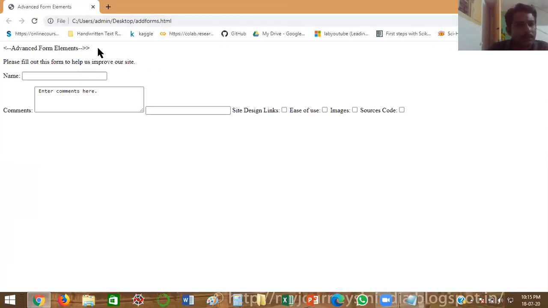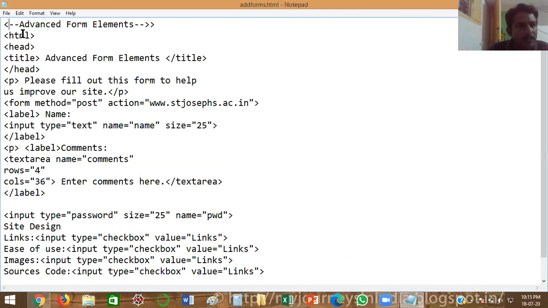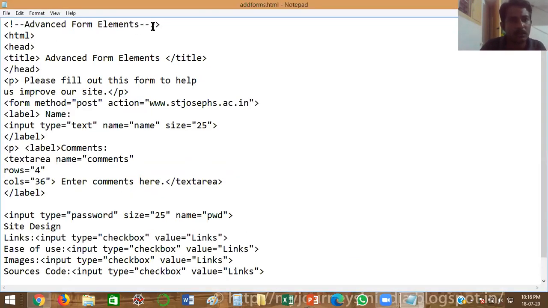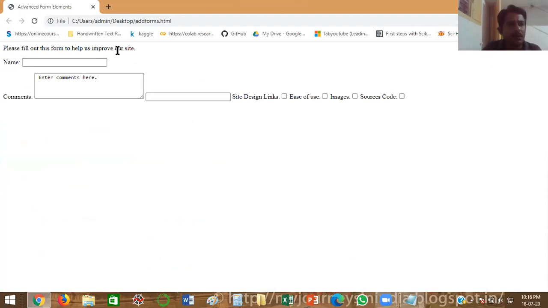If we forget to give the asterisk symbol, that's why the line is displayed here. By giving the asterisk symbol, it won't display here. Okay. Please fill out the form to help improve this. So this is the text box I'm giving here. I'm giving CSE. It's a text box, and this is a password box. Whatever text you enter will be shown as bullet points, right?